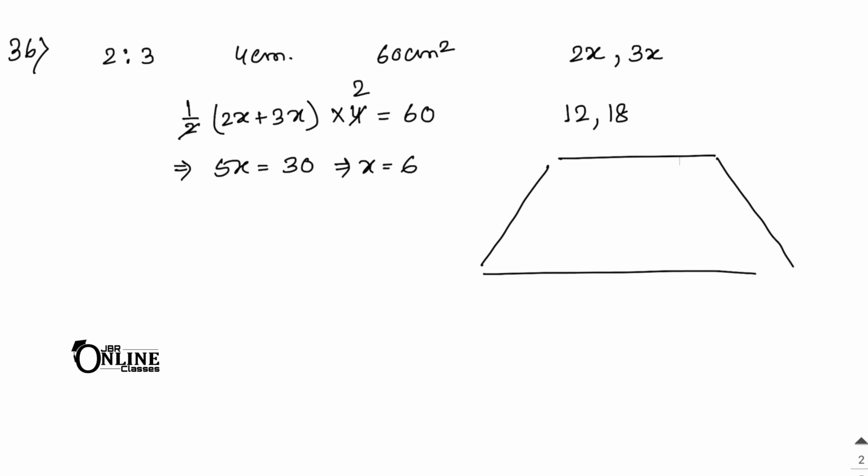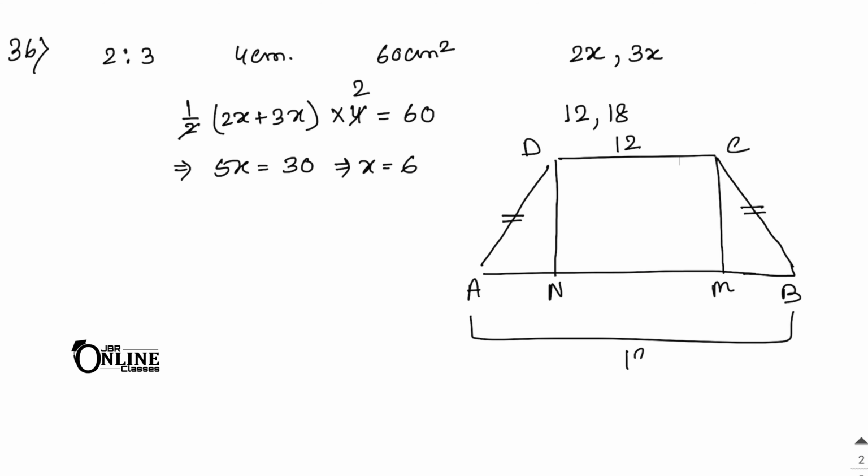Okay. So now first you have to draw the trapezium. It's an isosceles trapezium. That means definitely here A, B, C, D. So AD is equal to BC. Now if you join a perpendicular line, that is N and M, as DC equal to 12, AB equal to here 18, then MN equal to 12, and here AN, that is equal to with MB. So 12 plus 6, it becomes 60. That means this one 3 and this one also 3. So now from the triangle, this one equal to 4, also 4.